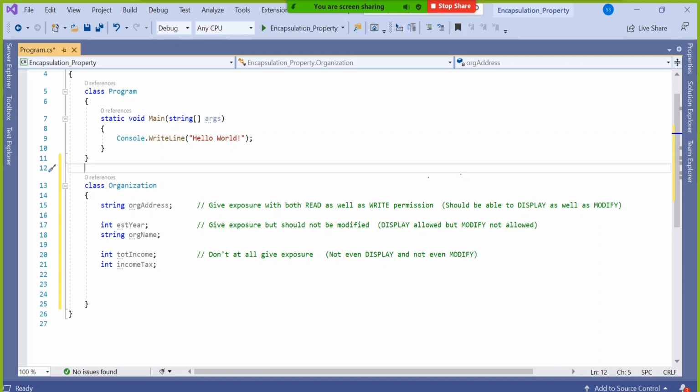So why don't you think like when a customer is giving one order to you, you are listening, he is giving the order to you that my application should be in such a way that people should be able to see as well as modify the address if they belong to the organization, and they should be able to see established year and organization name, but they should not be able to modify them, and total income and income tax of the company inside the organization class mostly welcome, they can display and all, but outside the organization class they should not be even able to display, they should not be even able to modify. All are in same line, everybody understood the requirement at least.